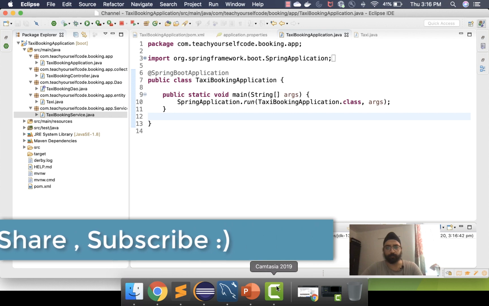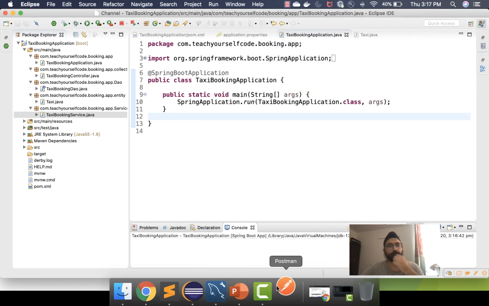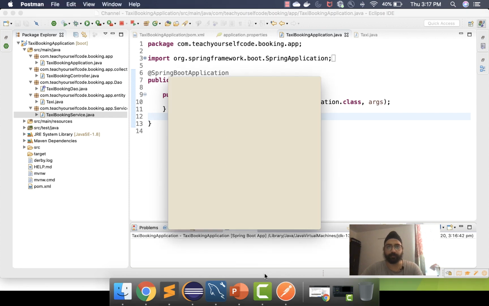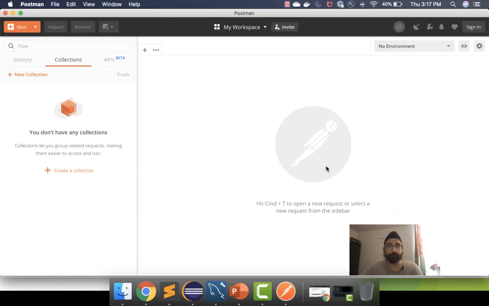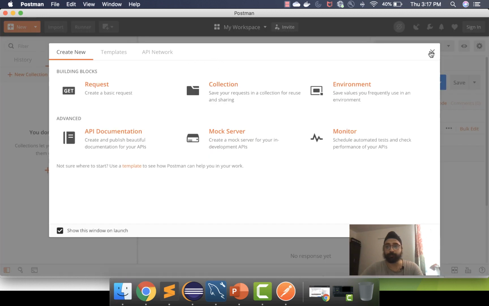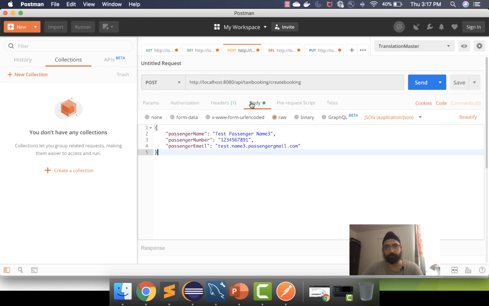Let's open my Postman and see. We'll try to hit one URL and see if it is working or not. This is the Postman we have been using previously, and this is my collection from my previous videos. Previously we were using 8080 for adding an application, adding a job, doing a post request, and you can see 8080 was working fine.